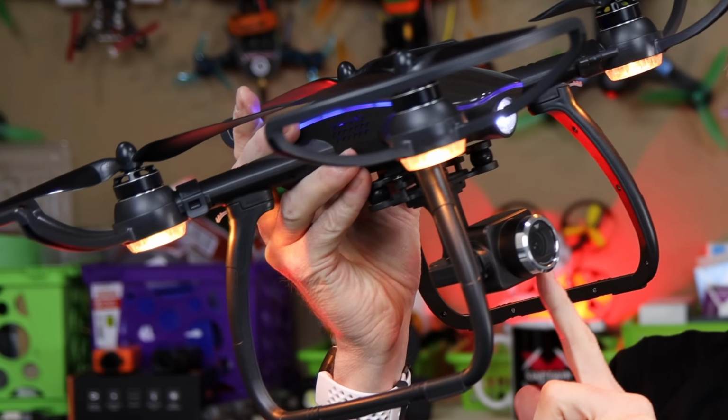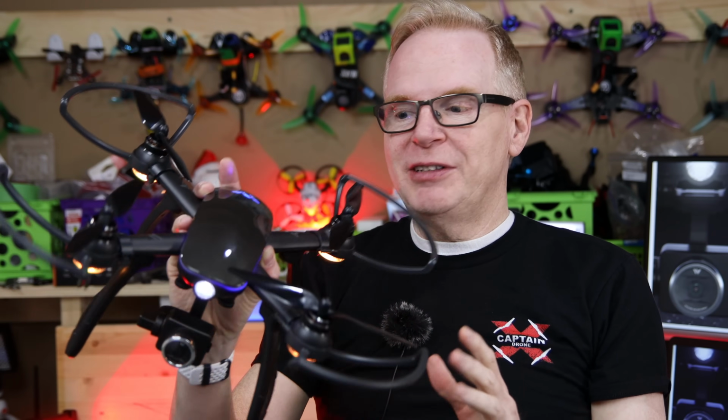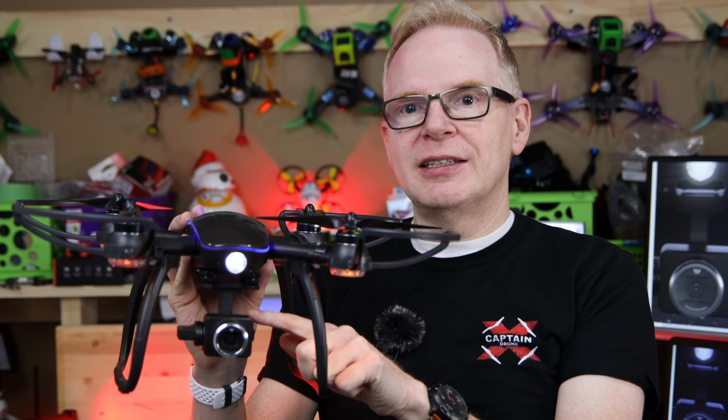See this camera? This camera is movable. It's a 1080p. It goes up and down. Now, I flew this drone on a super cold day in the winter, and guess what? It's an awesome drone. I've got the prop guards on here, and I really love it. But the video came out not so good because there was a lot of jello in this here camera, and